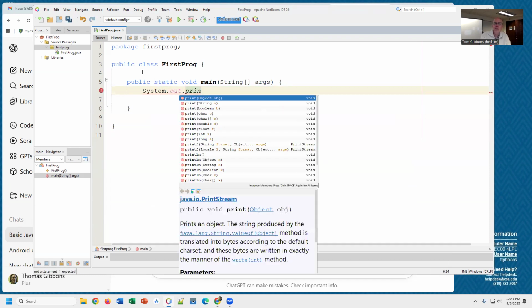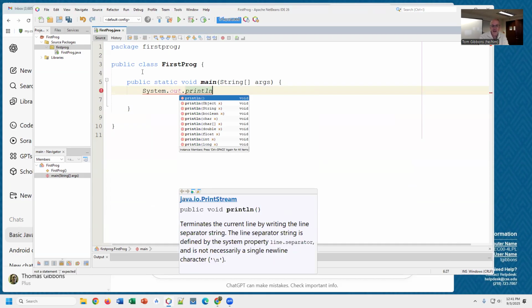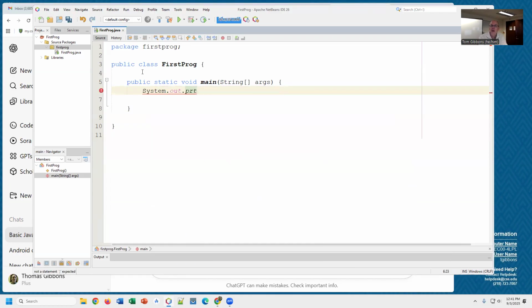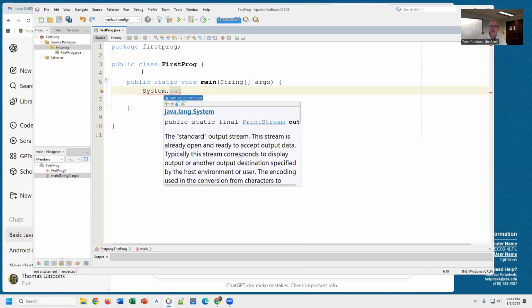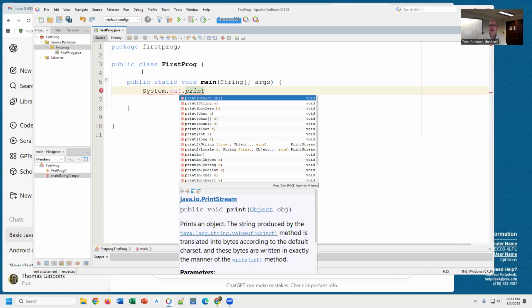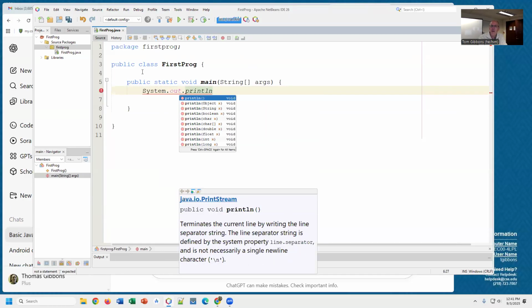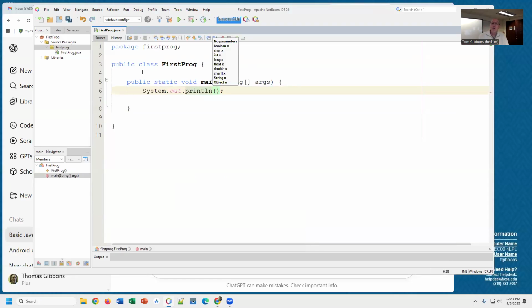System.out.print. Now, one thing you'll see is that when you start typing, it'll have some autocomplete things here that are kind of nice. And that also helps you realize that I'm spelling things right. Because if I notice something wrong, like if I do system.out, now autocomplete's gone. And that to me said, oh, I typed something out wrong there already. So System.out, okay, .println, and then I'm going to do my parentheses, and you're required to have a beginning